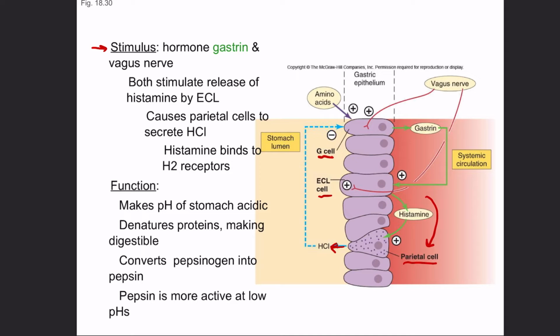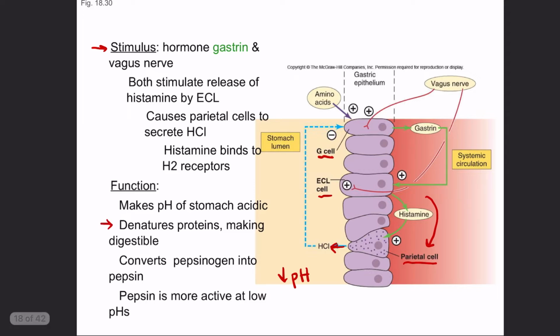That is going to cause ECL cells to secrete histamine, and that will cause the parietal cells to secrete hydrochloric acid. This is going to reduce the pH of the environment within the stomach, which is allowing the proteins to